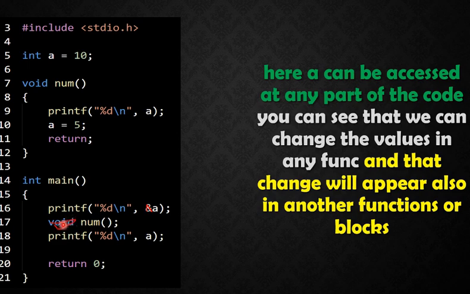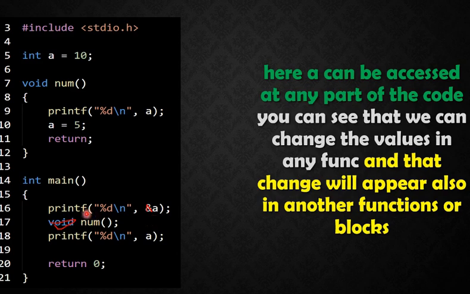Sorry for this mistake. Now coming to the point, in line number 16, I have stored the value in line number 5 and I want to print that value inside the main function. So the output will be 10 only because it is a global variable. So we will be able to fetch the data stored in a in all the functions. Inside the main function also I will get the value of a as output.